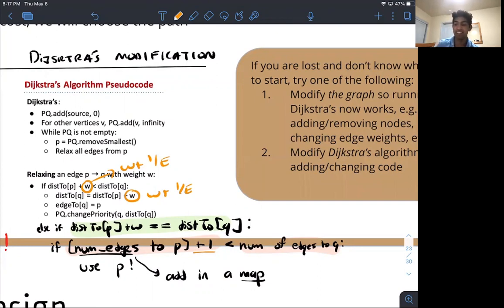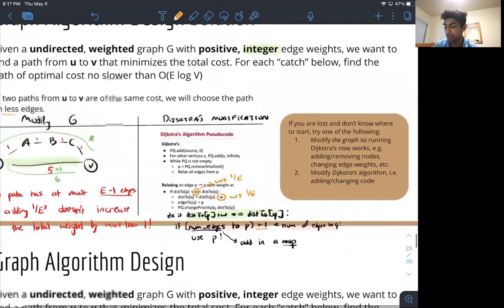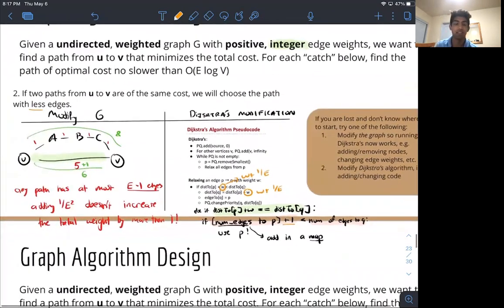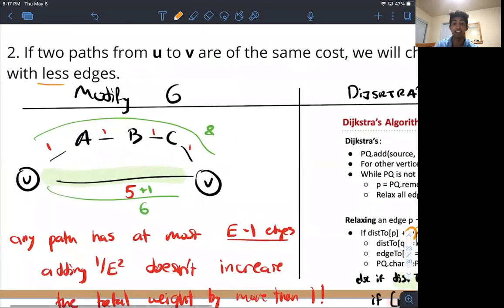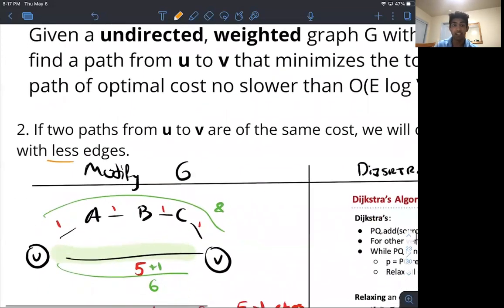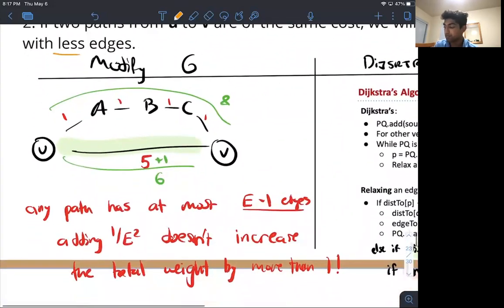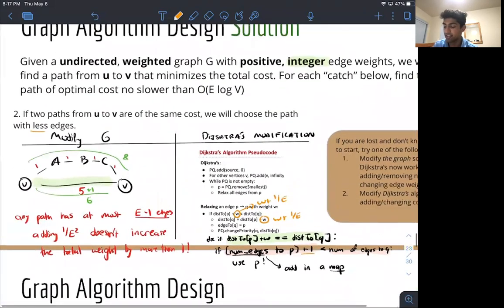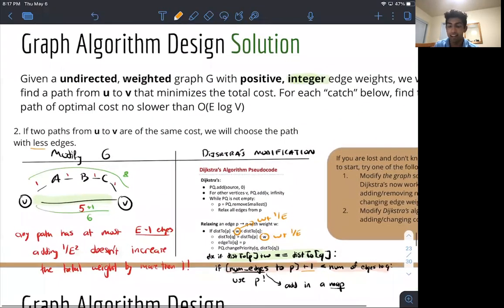But I think the takeaway here is that as you do more of these problems, you learn tools that you can apply to future problems. Like now you realize that I can add stuff to the edges, right? You can realize I can change the nodes. So I think what I'll do is I'll probably,